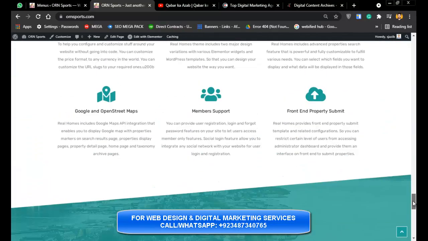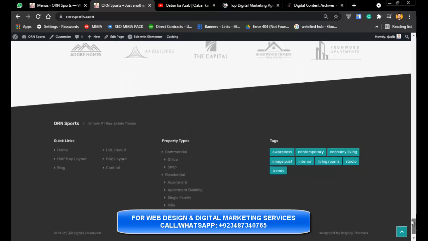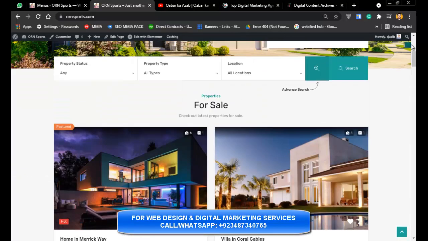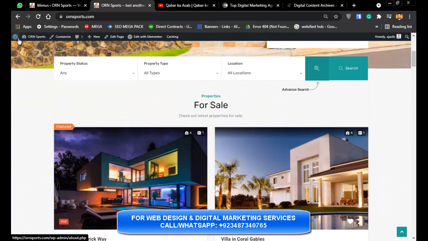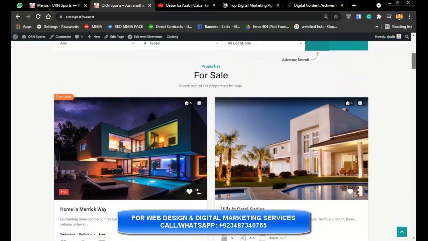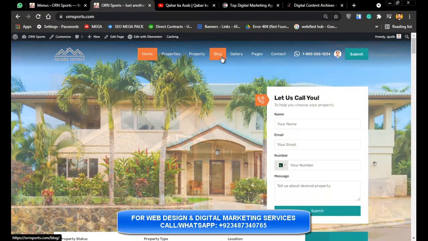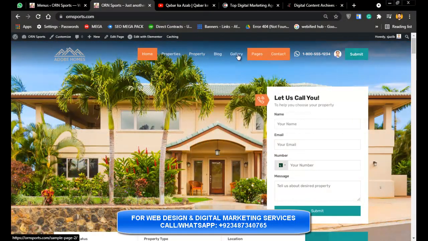Your website is loading okay, your website is working okay, and you want to edit these things. To edit these things, you will have to edit them from the widgets area. So to edit these things, you can go to customizer and edit, or you can go to dashboard and edit all these things. So after editing this page, the same is what you will have to do with the property page, the same you will have to do with the blog page. If you want to edit anything, you can do so.